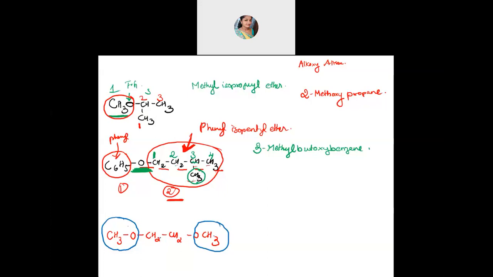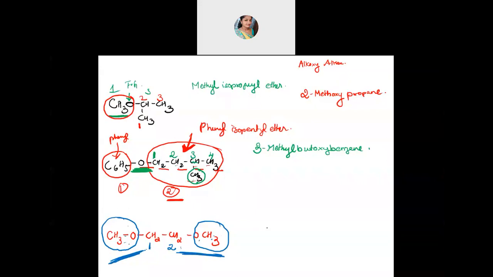Yes, very good. Correct. The name is correct. But can you tell me what is the parent name, the root word, having continuous carbon? Only this, no? One and then two. Continuous carbon is only these two. So that's ethane. And the alkoxy name should come first. And that's methoxy, two are there. One is at the first position, attached to this carbon, and one at the second position, attached to this carbon. So your alkoxy count is 2.